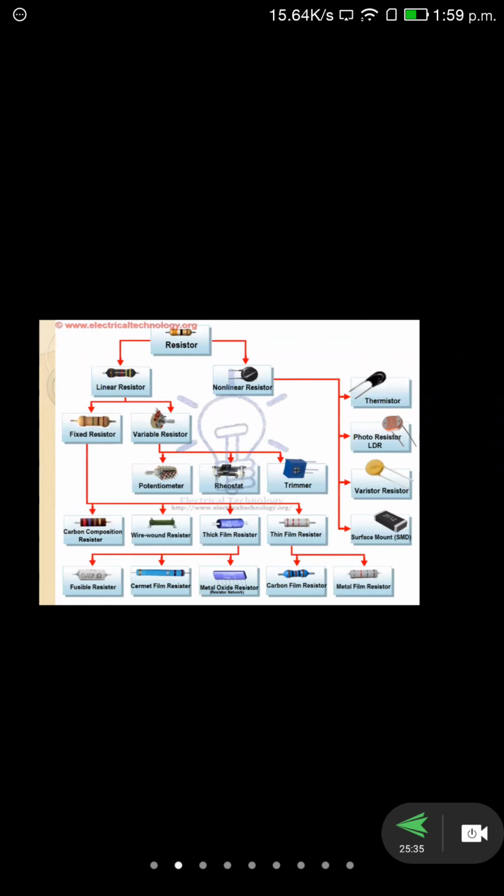In the case of the carbon film resistor, it is the blue structure, and lines will be printed on it: brown, black, red, brown, brown. That type of colors will be printed, and we call that color coding. In the case of the surface mount, you can see here SMD. In SMD type, the value is printed directly on it. So 2512.